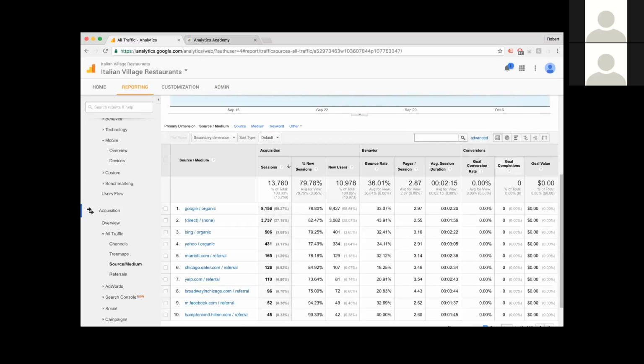Otherwise, you're playing with 5 or 6 conversions a month, and there's not much to work with there. Right. The last thing I just wanted to touch on before I stop sharing my screen here is the